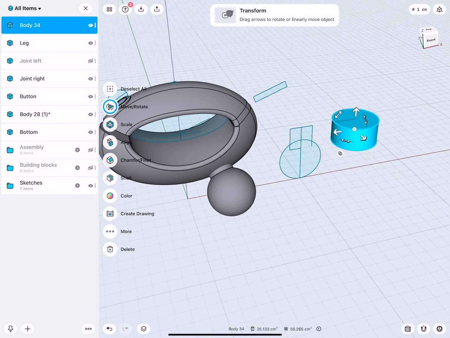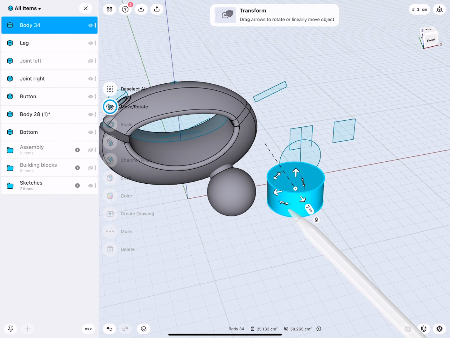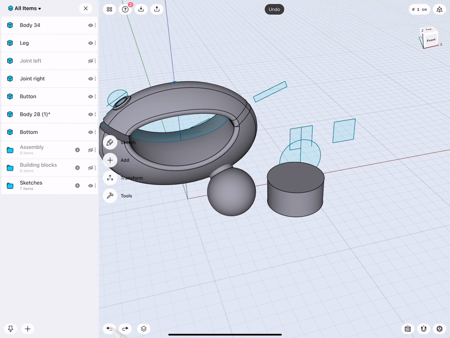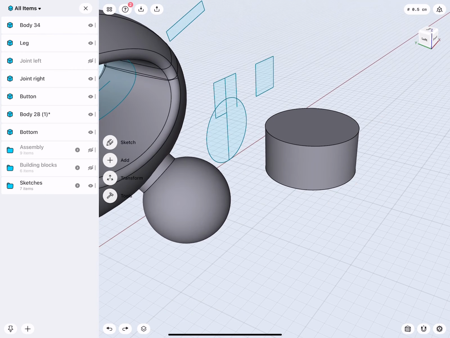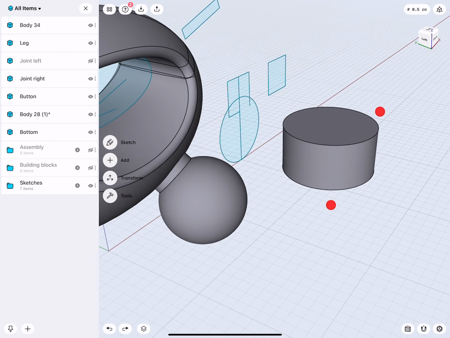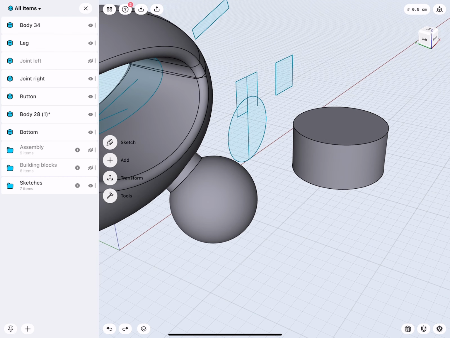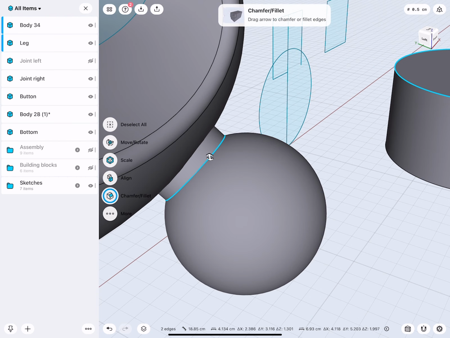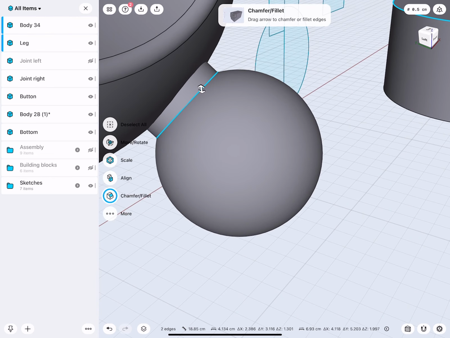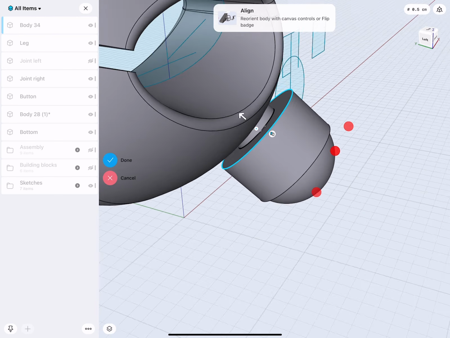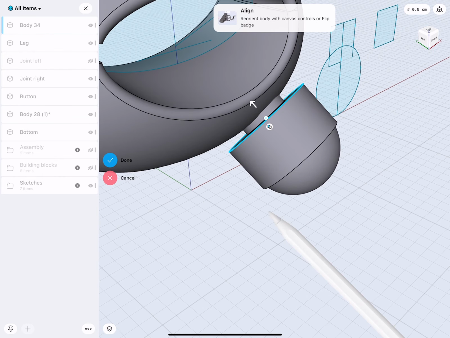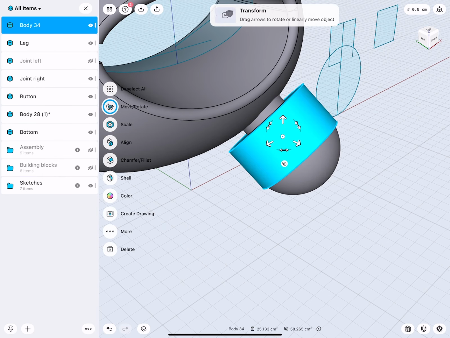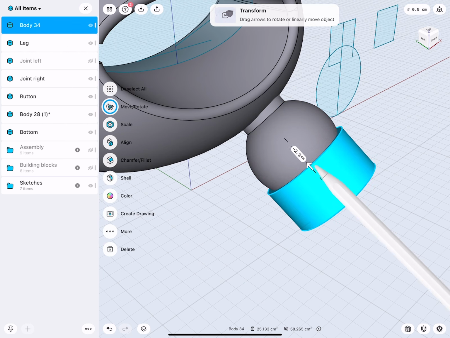So now this I would like to move over and rotate correctly, and it would be crazy to do. How do we align this actually up to the exact same rotation we did? And align, that is the key for it. So we can select now this ring and this ring, and look, there is an align command. Click. And there we are. Isn't that amazing? Click OK. And now we can move this to where we need it to be. Pretty nice.